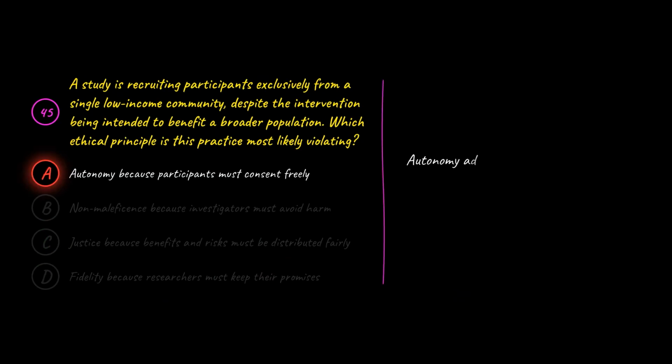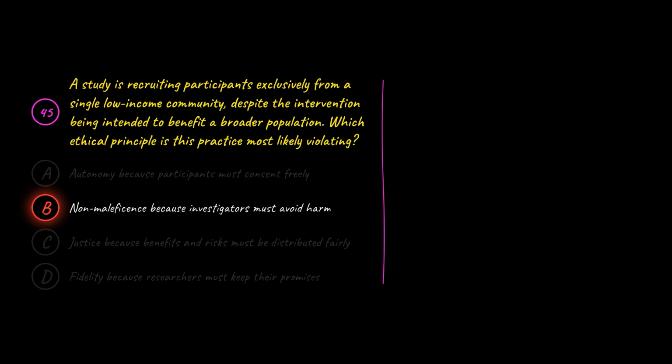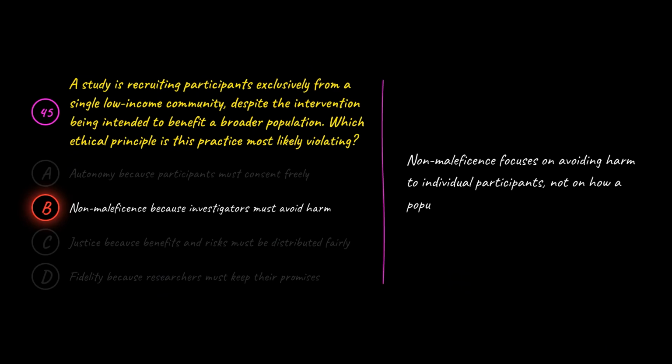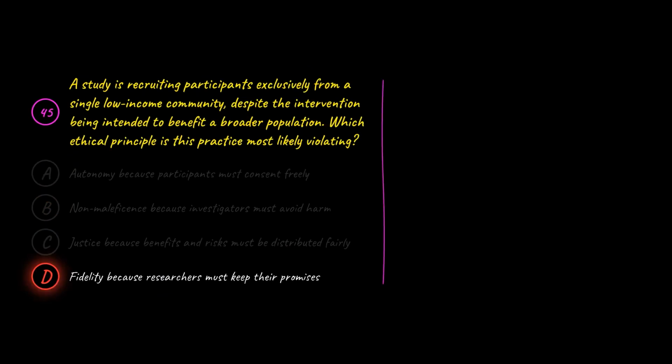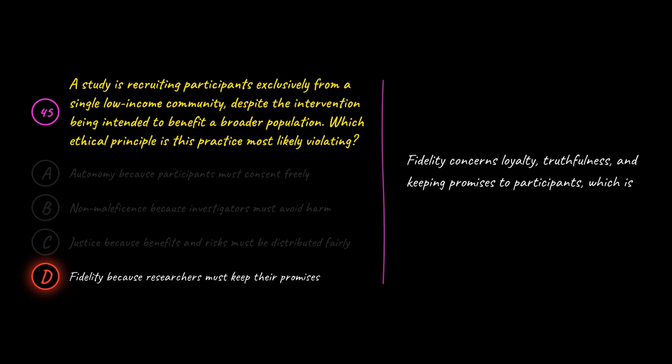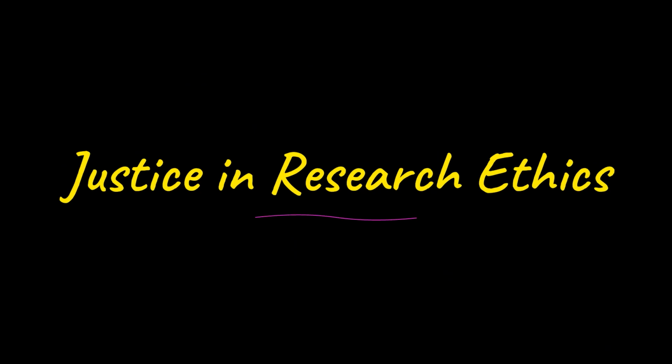A is wrong because autonomy addresses informed and voluntary consent, not population-level fairness of recruitment. B is wrong because non-maleficence focuses on avoiding harm to individual participants, not on how a population is sampled. D is wrong because fidelity concerns loyalty, truthfulness, and keeping promises to participants, which is distinct from the equity of selection. Justice in research ethics is about fairness at the population level, who bears the burdens of research and who